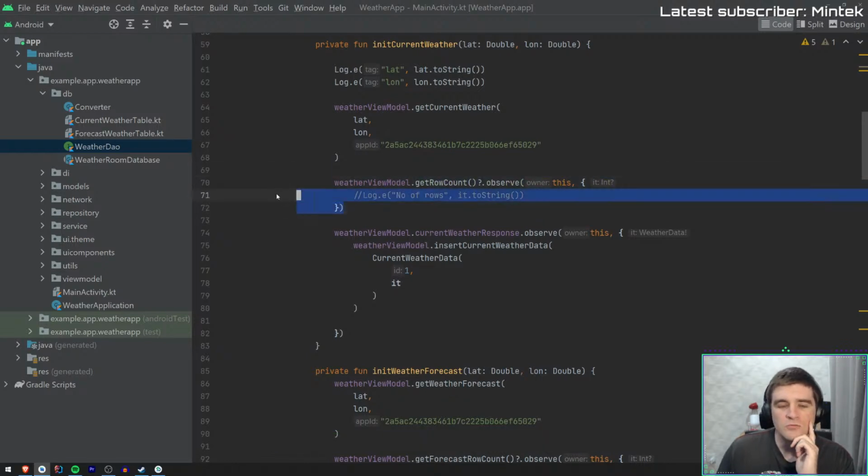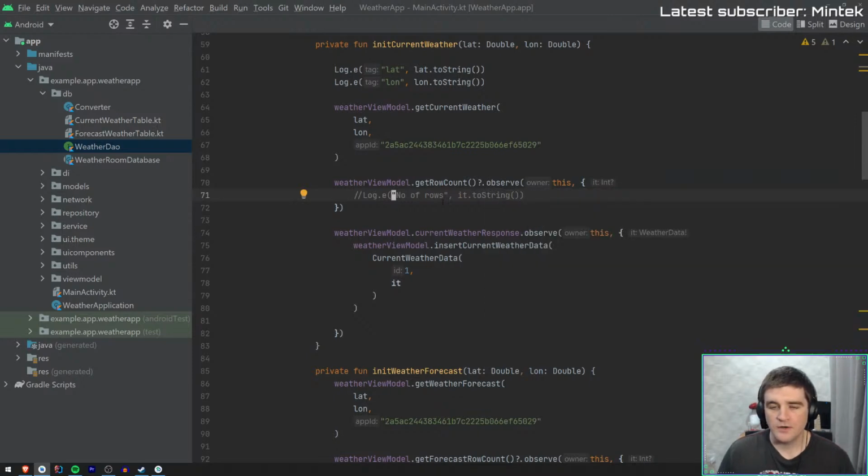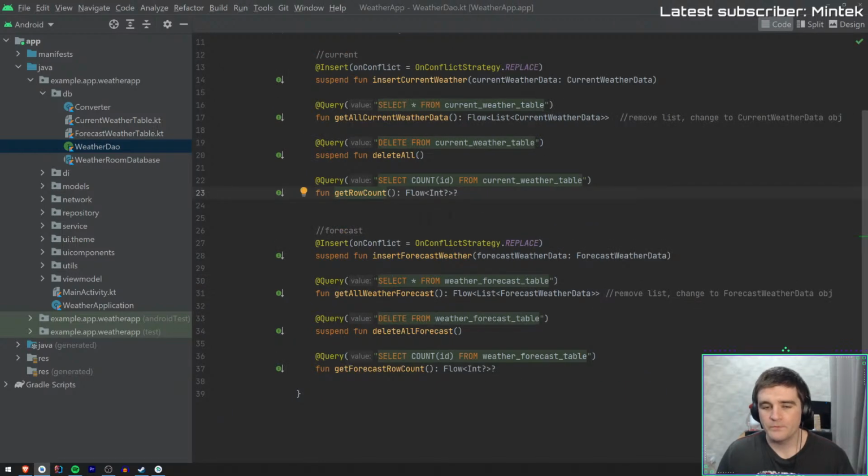Sad. I don't know if they were using that for debugging purposes only, but there's so much code that could just be deleted because it's not really doing anything. The row count. Unless